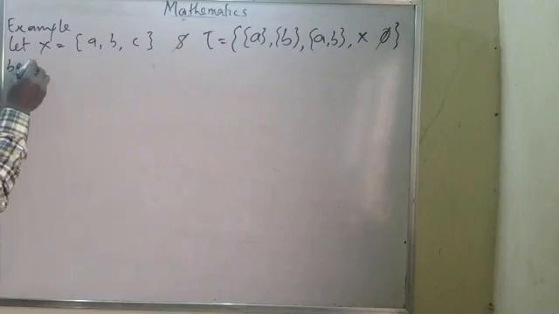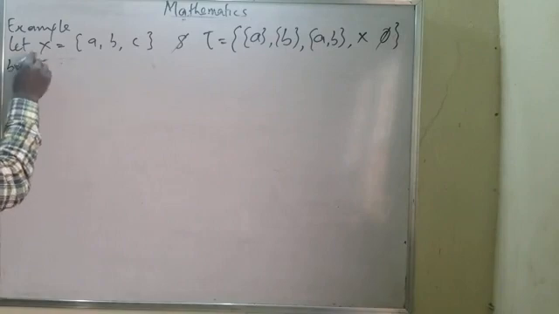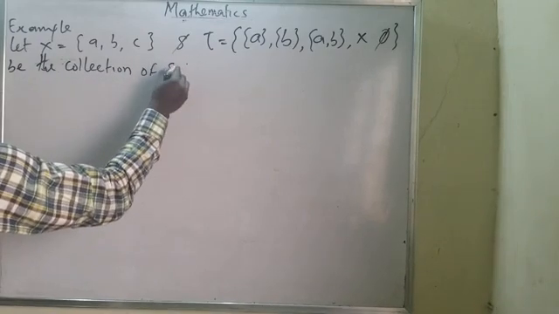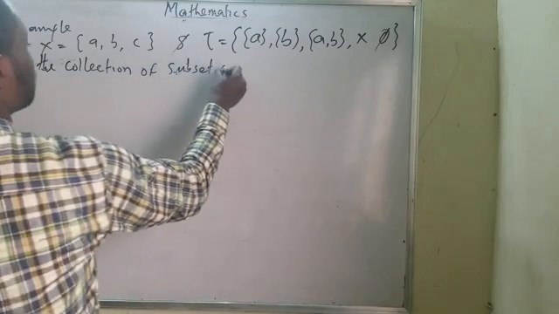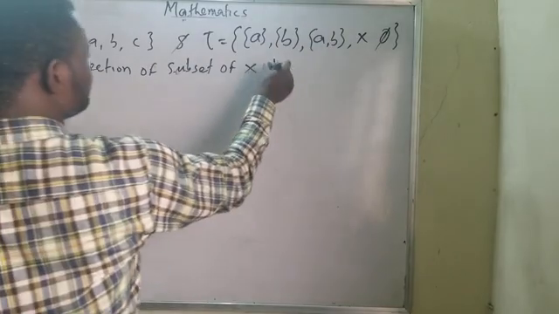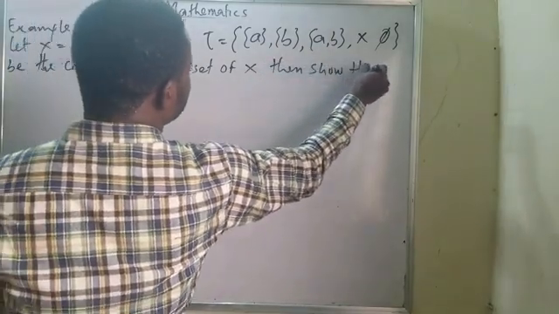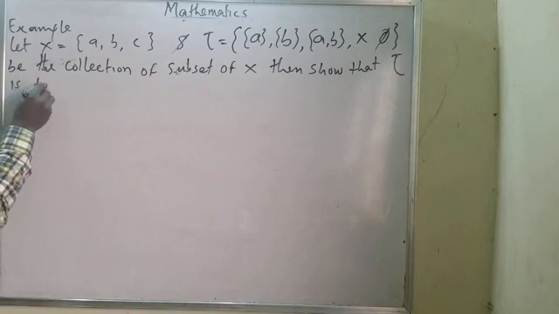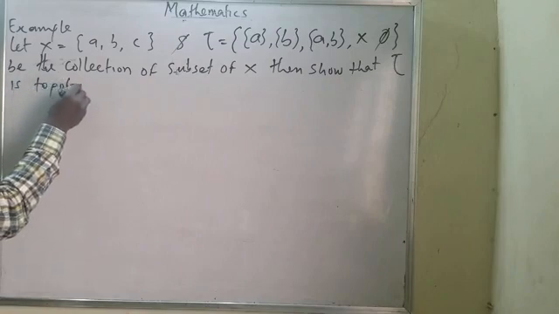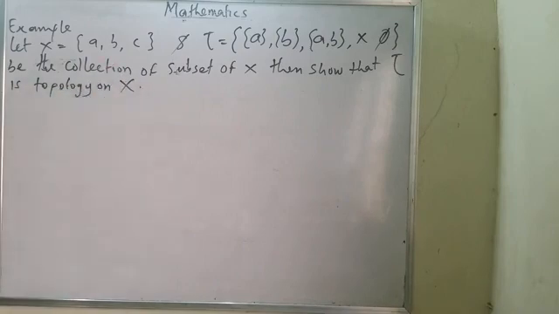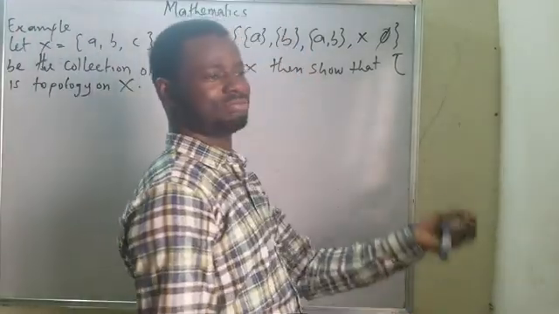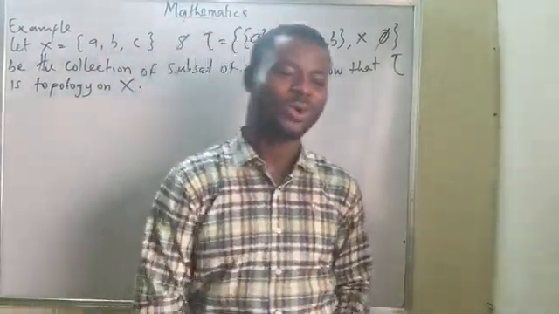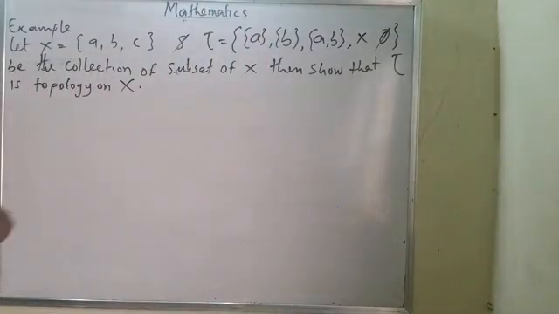B, the collection of subsets of X. Then show that tau is a topology on X. Can you see the question lands us to show or prove? Those things, they are so common to topology. At this point of mathematics, no solving. You show or you prove, either of the two. Now, if I'm to show this solution to this problem,